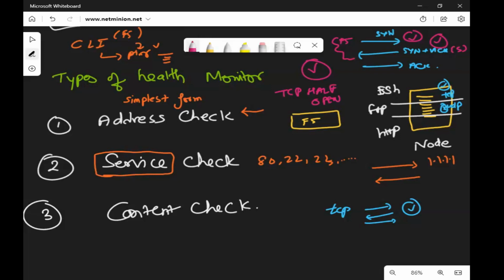Yes, Shatu. Right. So let's say on the server you have an SSH and an HTTP server running and you are doing a service check. You are going to send two TCP SYN packets from the F5,